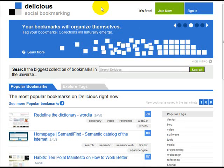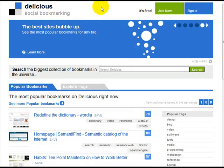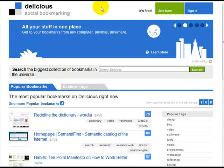goes into your account. So let's say, for example, I have a friend that has similar interests to me. He might want to go onto my account, and of course it's public knowledge. They can see what I've bookmarked, because if they like one thing that I bookmarked, they probably like other things as well. Another important thing is that if I bookmark a site and somebody else bookmarks the same site, it's going to show that people are going to the site and it's important. And people will go on here and they'll look for the things that are being bookmarked a lot and generate